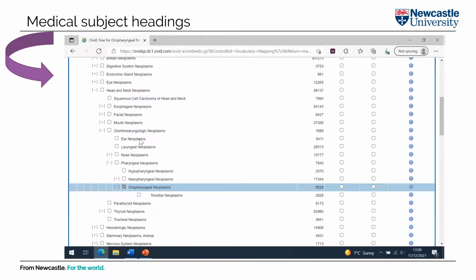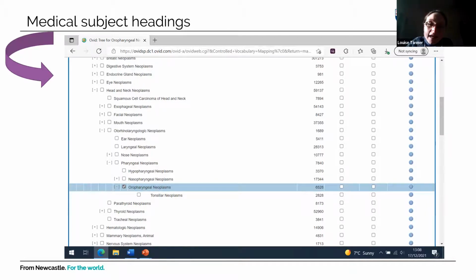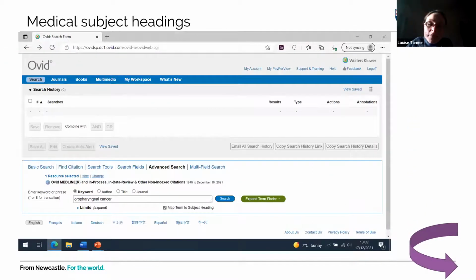So it's always advisable to go for mesh terms, or is it better not to select that map? Yeah, I would say the belt and braces approach, the most robust approach, is to use a combination of mesh headings, where you're picking up articles that are indexed in a certain way, and also keyword searches.